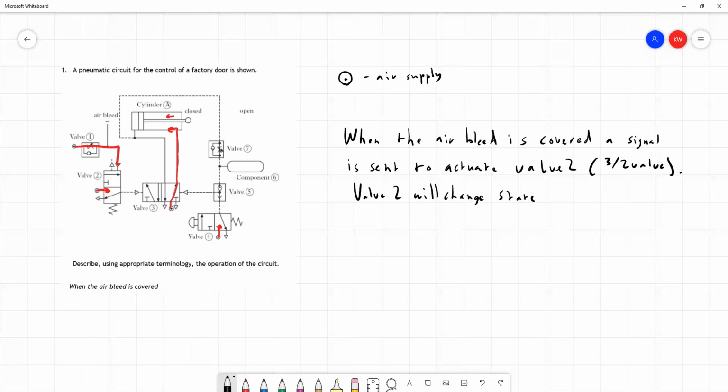And that means that rather than the air supply being connected to this lower box in valve 2, I'll circle it briefly, we had the air here, what we're going to have is the upper box. So we're now going to have the air supply instead. Imagine this is sliding down, with the air supply coming in through the top. So the air supply is passing through valve 2 now. This is our 3-2 valve. It's changed state, and we're able to let air flow through it now. So valve 2 will change state, and this allows